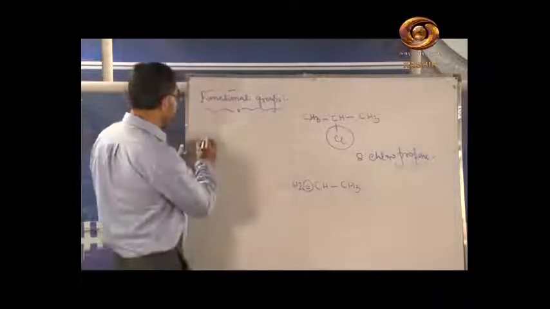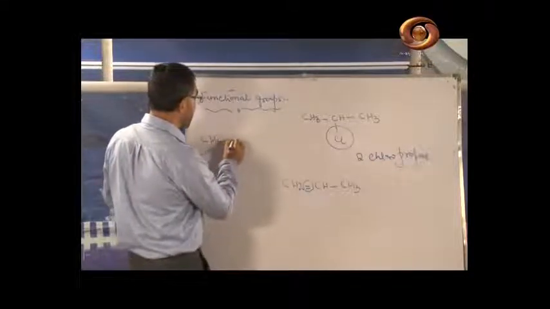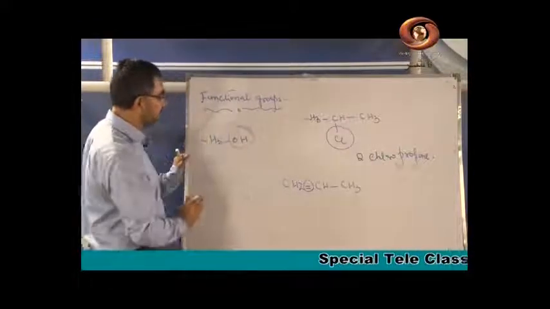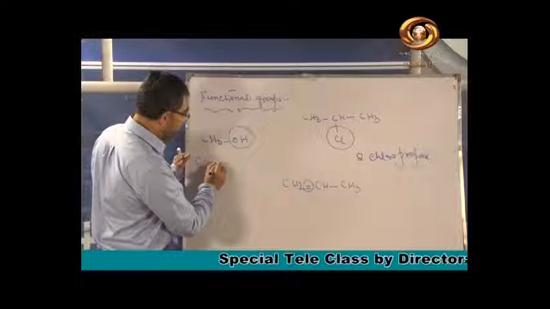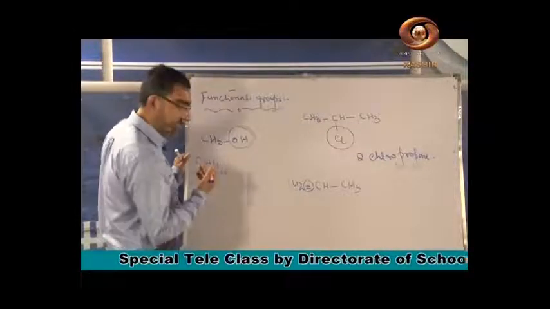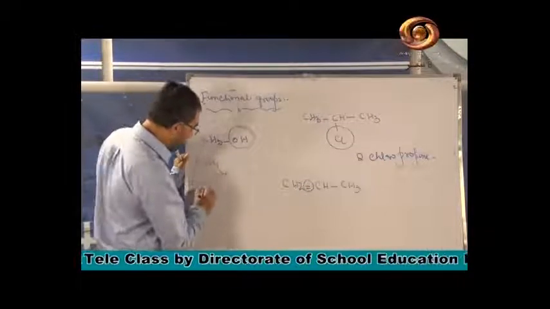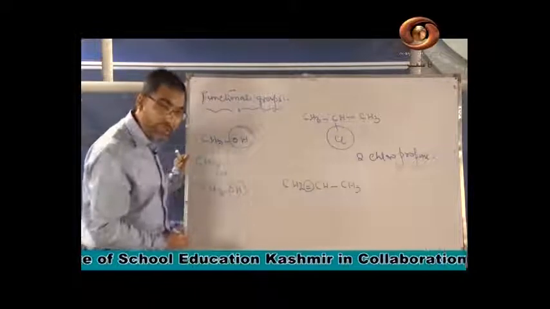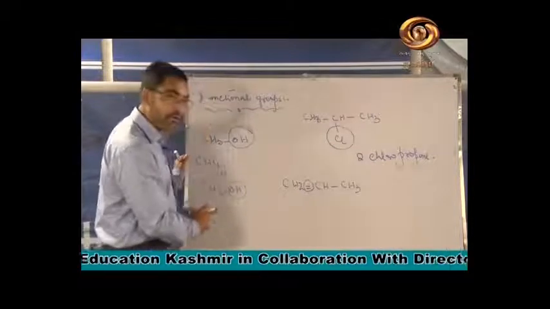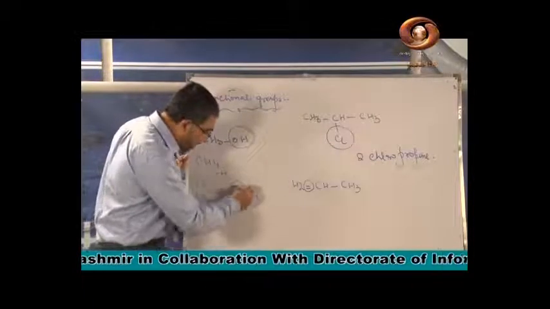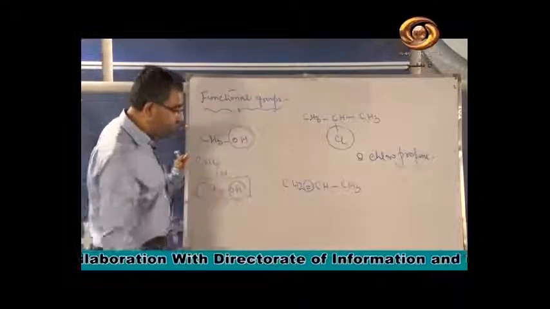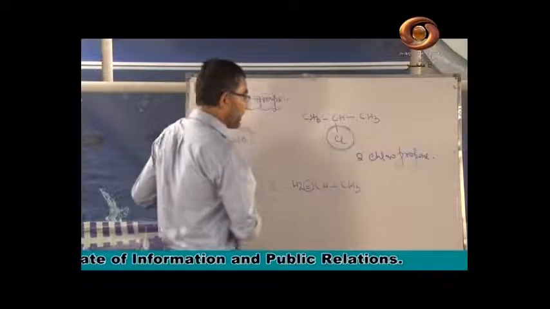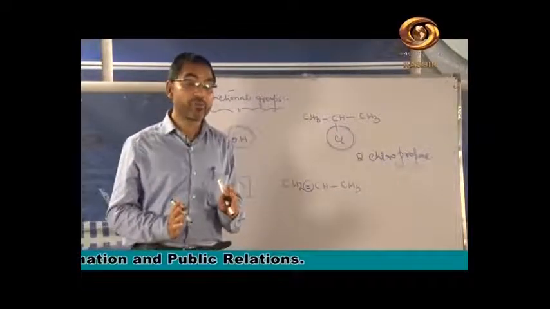Similarly, you have the compound CH3OH. हमने इस मीथेन में, ये कंपाउंड मीथेन था, एक हाइड्रोजन को निकाल दिया है, एक हाइड्रोजन के बदले हमने OH ग्रुप सब्स्टिट्यूट किया है. This OH group will now determine the chemical properties of this compound. This OH group, this double bond, this chlorine, they will determine the chemical properties of these compounds.